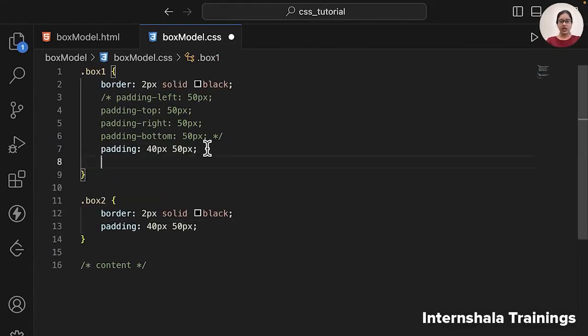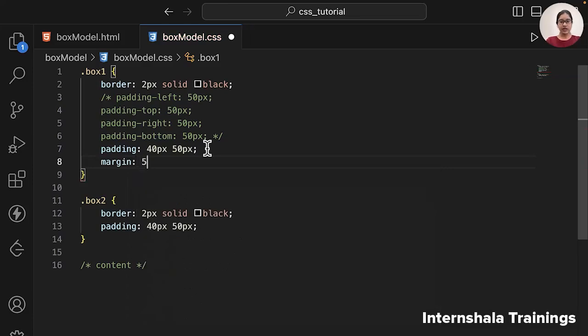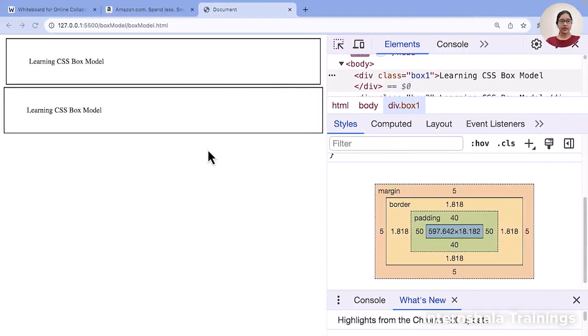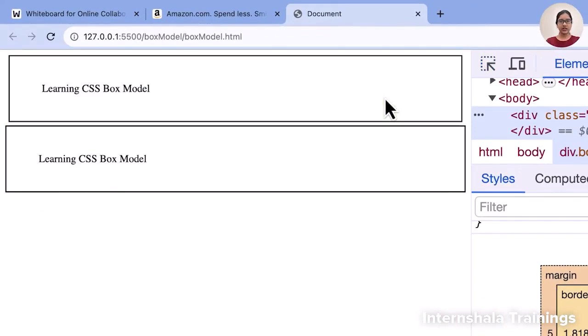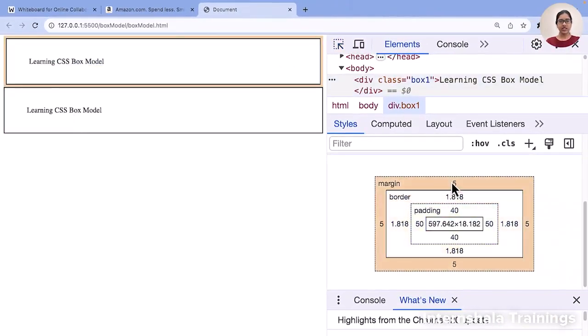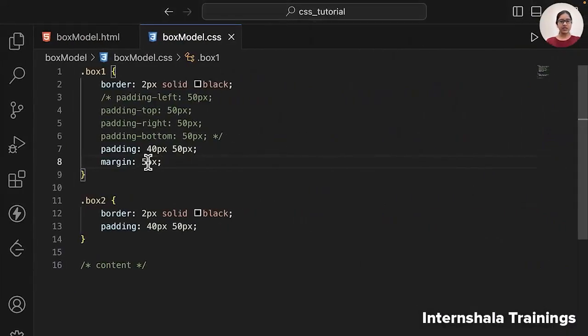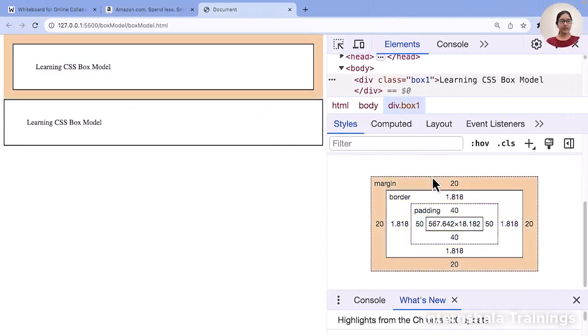Now suppose in box 1 I am adding a margin of, let's say, 5 pixels. See, now if you explore this box, if you select this top element, I'll click on it and select this. Can you see the margin has been added of 5 pixels with orange color. You can see on both sides we have 5 pixels. That means you're adding some space. If you increase it to, let's say, 20 pixels, it will add more space. Can you see? It is adding margin on all the 4 sides.